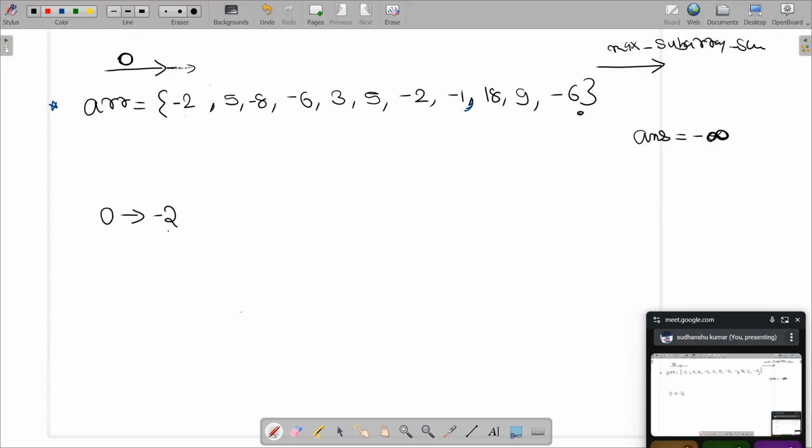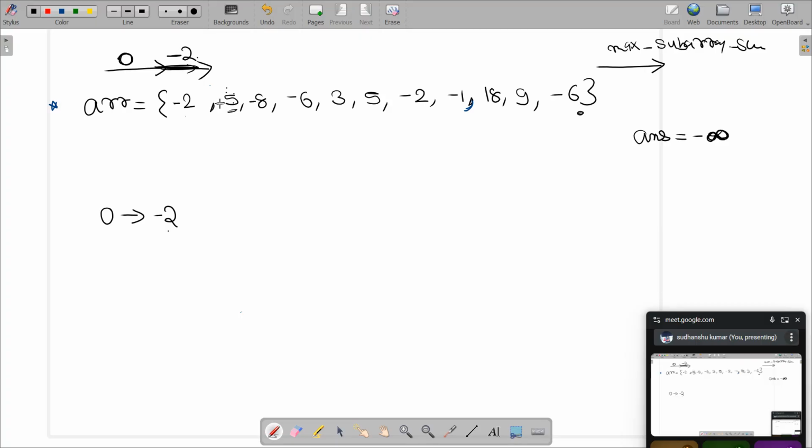Now you think about it, if I want to maximize my sum, is it in our interest to carry the same train forward? Clearly it is not. No matter what element we have ahead of us, if I am carrying a negative value, my sum is never going to be maximum. It will always be something less than maximum. Why? Because I have come to this 5, this 5 with -2, so -2 plus 5 together will become 3. This 5 was alone 5, so why should this 5 take this headache?